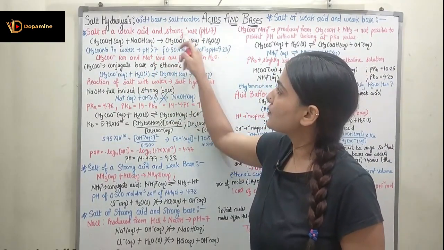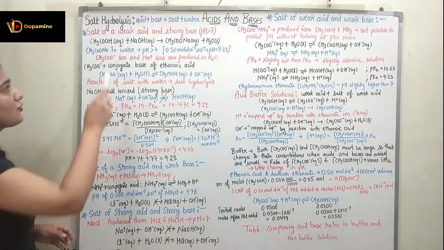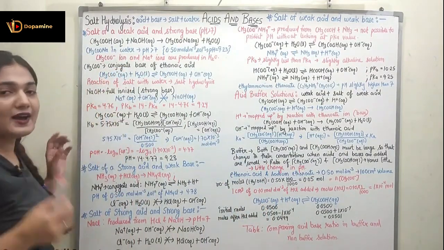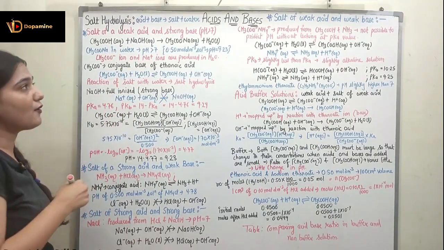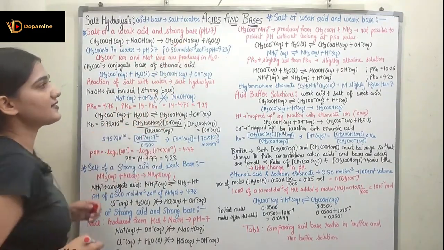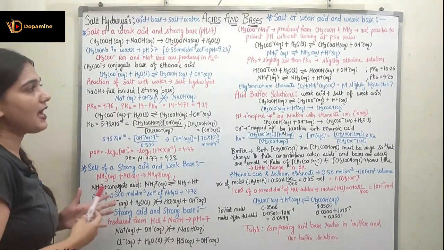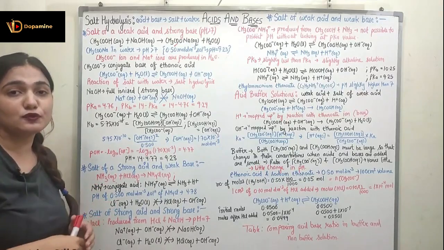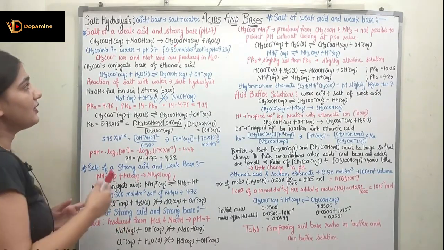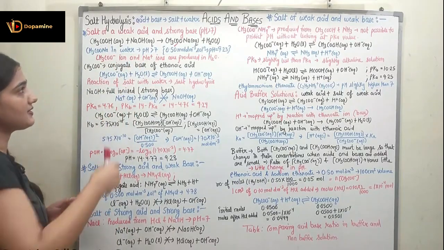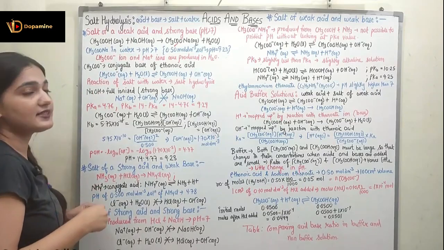Now we are going to observe this salt, CH3COONa. In water, its pH would be greater than 7. If I observe a 0.5 mol per decimeter cube solution of CH3COONa, it has a pH of 9.23, which means it is a basic solution. CH3COO negative ions and Na positive ions are produced.